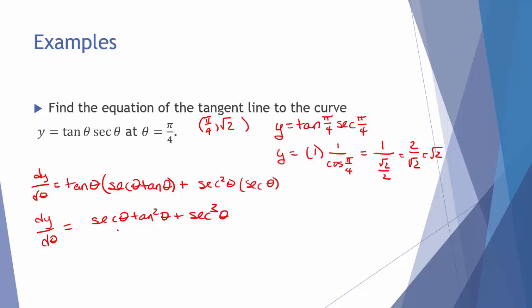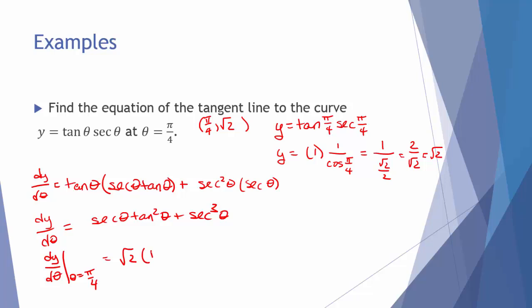Okay. So this gives me the slope of every tangent line. For any theta, this is the derivative. This is the slope of the tangent line. Well, I don't want the slope of every tangent line. I specifically want the slope of the tangent line when theta is equal to pi over 4. What I get is the secant at pi over 4, which we just said is the square root of 2,